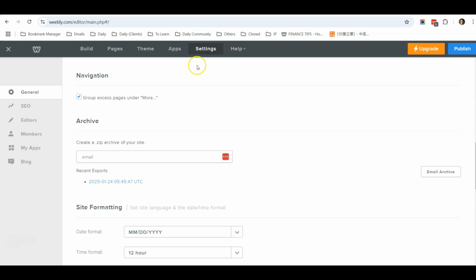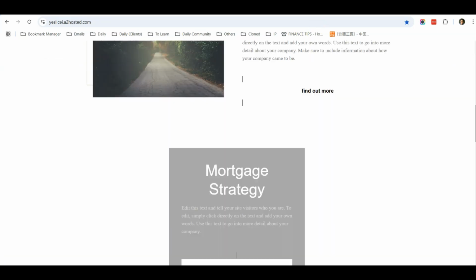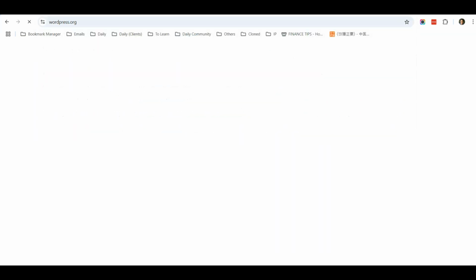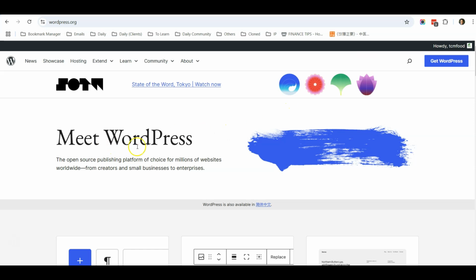I would suggest you go to your Weebly settings, general, and download a copy of your website archive, because you'll find all the images are saved inside this zip file so that you can use them in your new website. And the third reason is that I would suggest you migrate or convert your website to